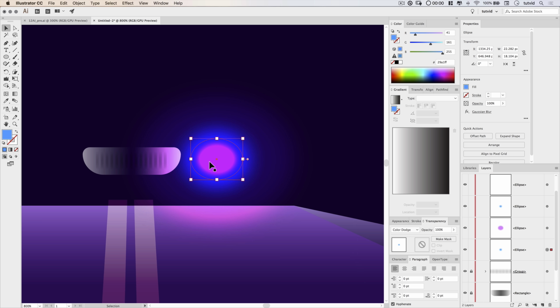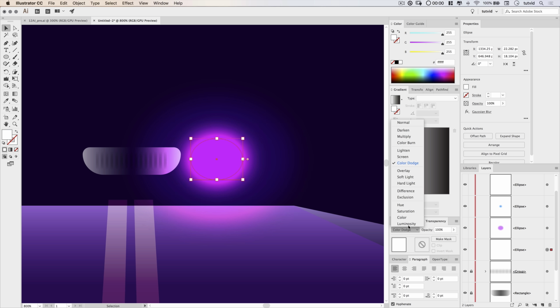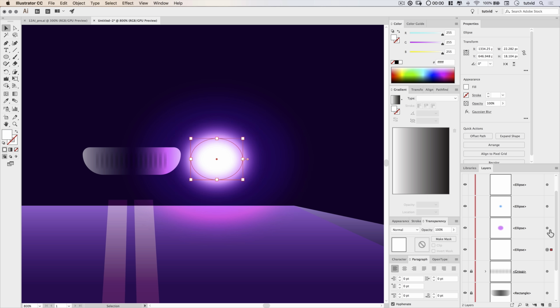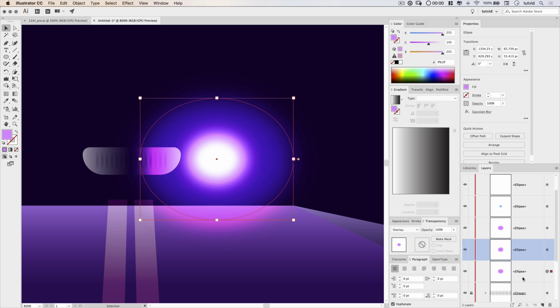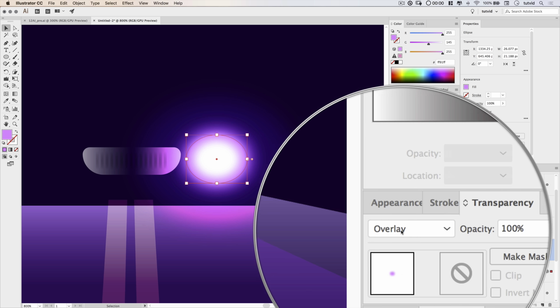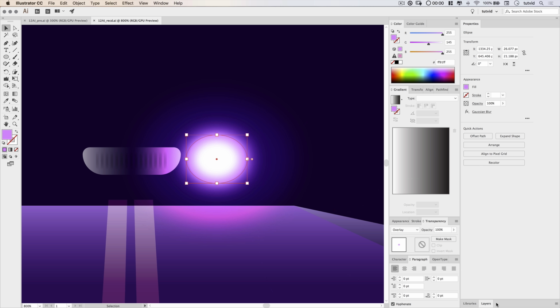I'm going to change the fill here of this from the blue to just a solid white, and we're going to change the blend mode to normal. Let's grab the pink shape. We're going to duplicate this one, the blurred pink shape, Edit, Copy, and Edit, Paste in Back. Again, I'm going to drag this down beneath. And with this pink ellipse, I'm going to scale it down until it's about 25, 26 pixels in size, somewhere right around there. And I'm just going to leave this as that overlay blend mode just to add a little bit more of that pink and blue glow to the outer edge of what's going to be my car headlight. Now, at this point, we've created, let me just close and reopen my Layers panel.